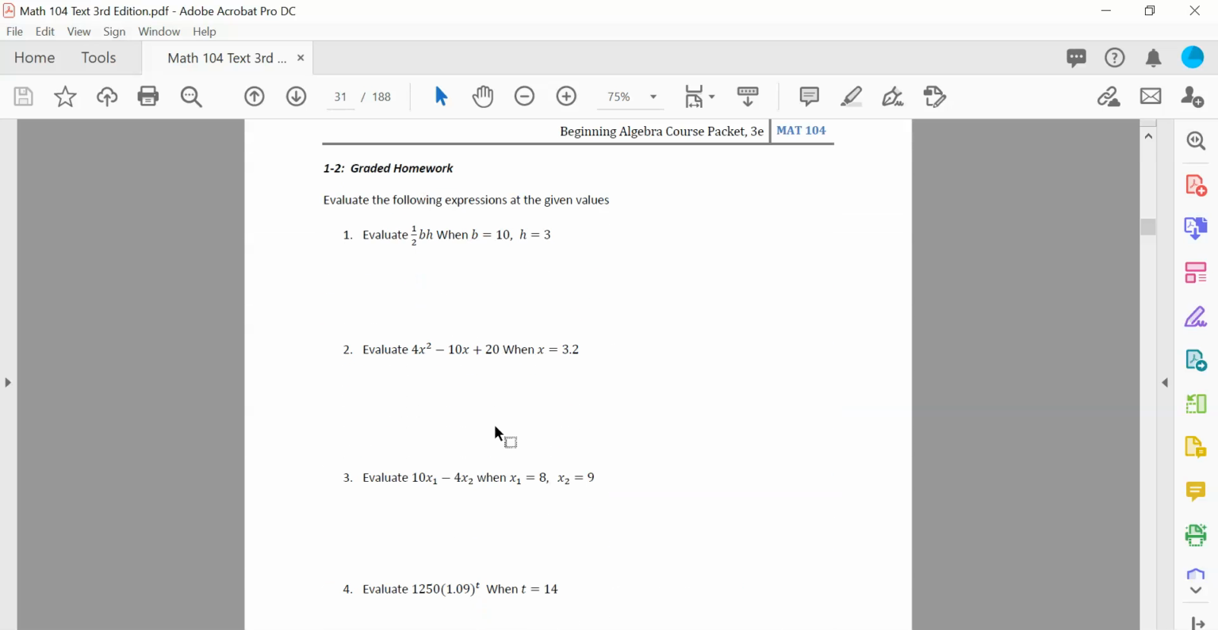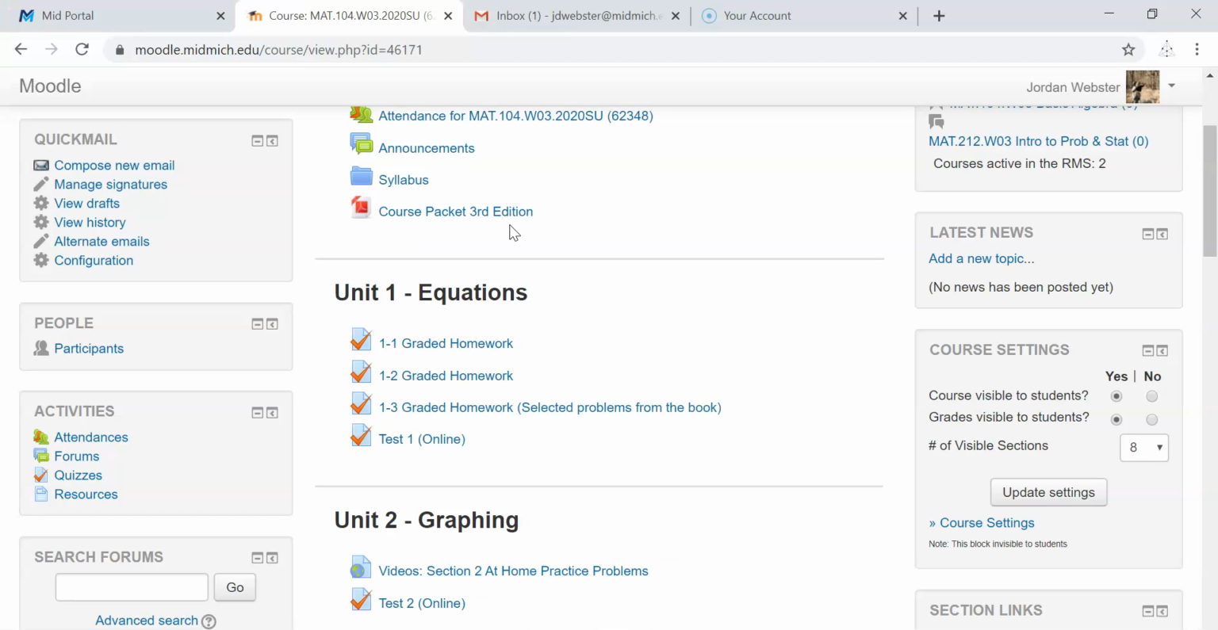They're going to have problems and all that kind of stuff. Those at-home practice problems serve as a practice test. So if you're wondering, how do I study for the test? That's what those at-home practice problems are all about. The graded homework problems, well, those are the ones that we're getting right here. So if you'd clicked on 1-2 graded homework,